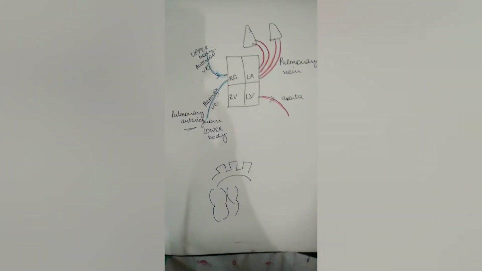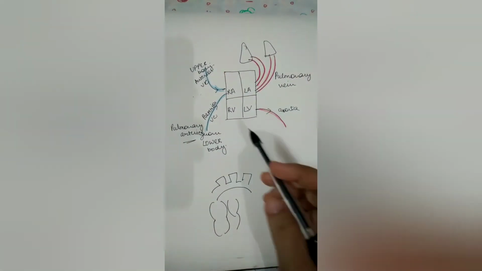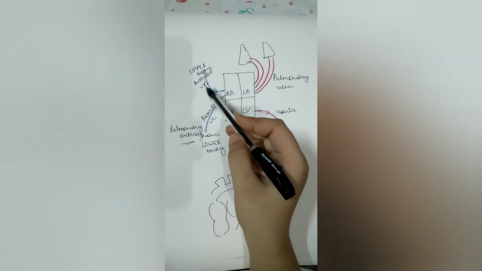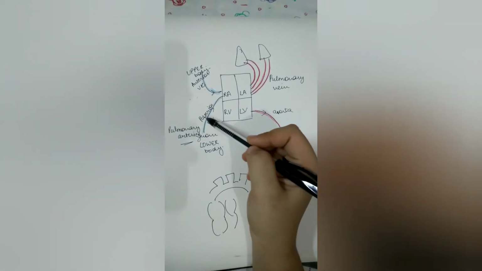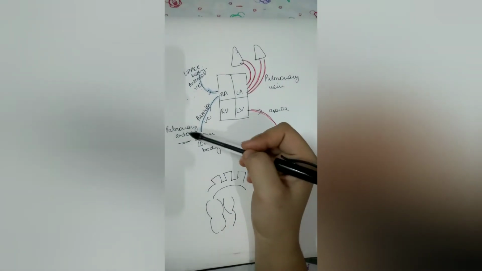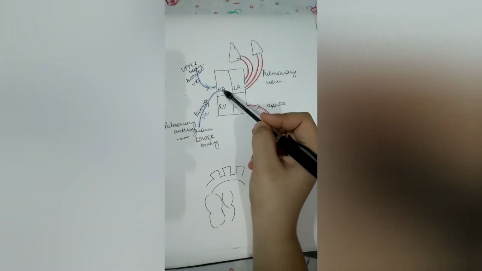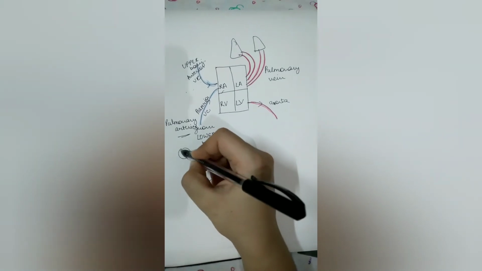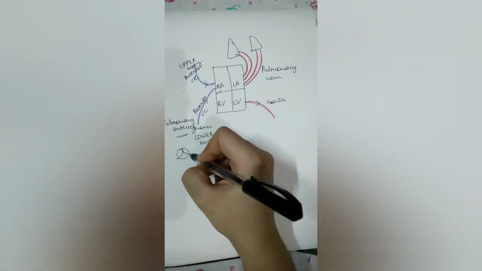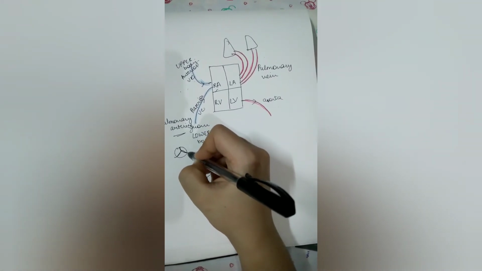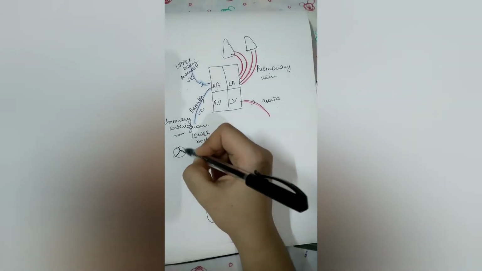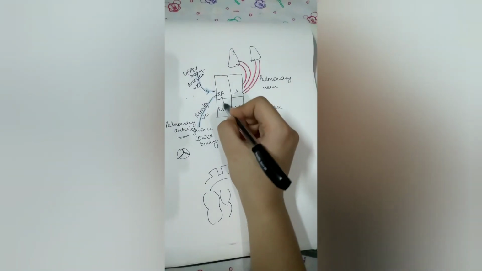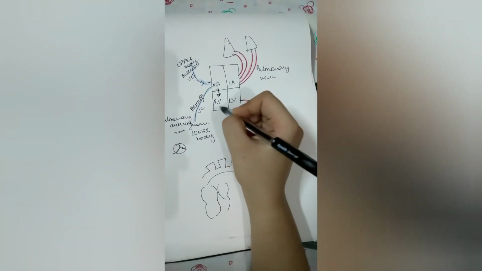Okay. So now what happens in the whole circulation is that the deoxygenated blood from the upper body via the anterior vena cava enters the right auricle, and via posterior vena cava the lower body deposits its deoxygenated blood to the right auricle. Now here is a tricuspid valve. It is like this. So 3 cusps are there, so the name is tricuspid. So the right auricle pushes it into the right ventricle.